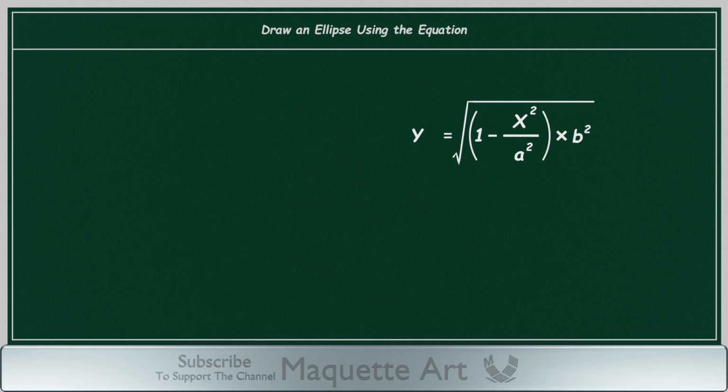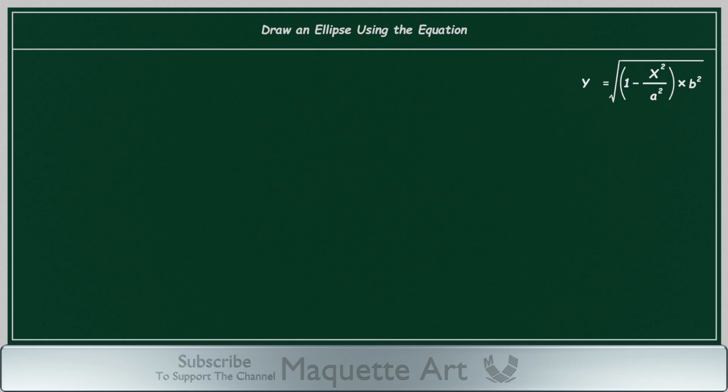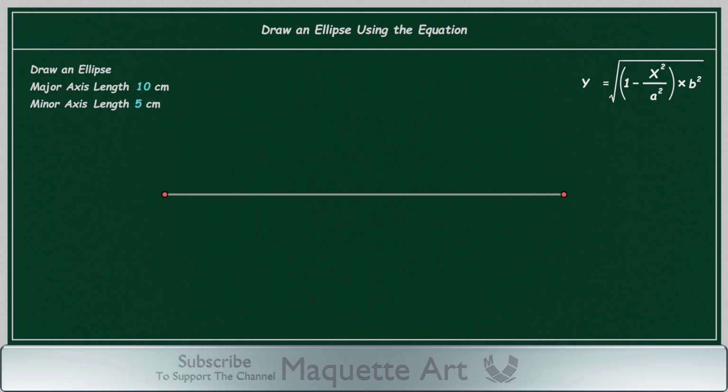Now let's try using this equation on the following example. Draw an ellipse with a major axis of length 10 centimeters and a minor axis of length 5 centimeters. The first step is to draw the major axis of length 10 centimeters. Then, in the middle of the major axis, draw the minor axis of length 5 centimeters, perpendicular to the major